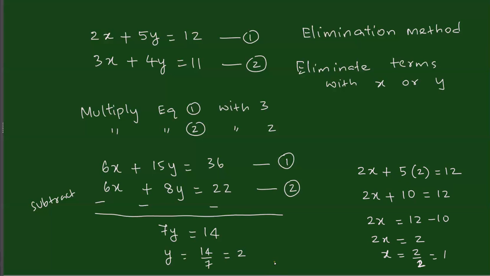After you solve any system of equations, you can substitute these values in one of the equations and check whether they satisfy the equation. What do I mean by that? Once you substitute these values, whatever you get on the left hand side should be equal to the value on the right hand side. So as a check, we can substitute these in the second equation. We already did that, but let us do it again. 3 into 1 plus 4 into 2, that is 3 plus 8, 11. So we are okay.